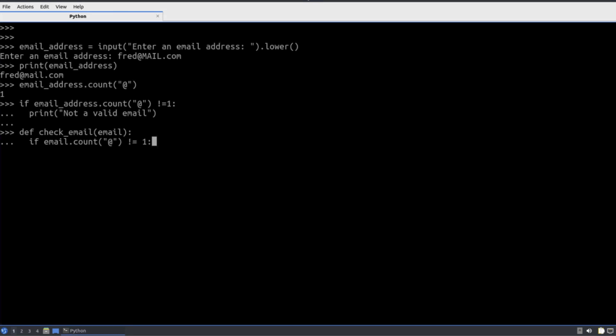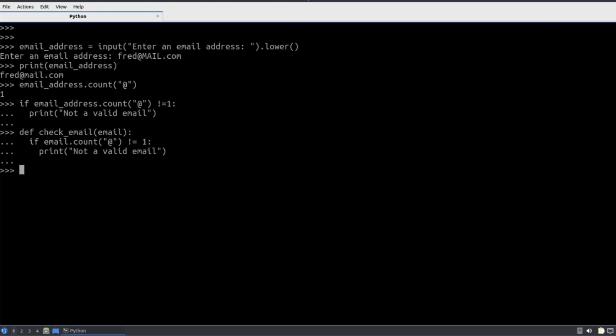So we can go through and put our check in place. But now I have to indent inside of my if statement. So 2 spaces, then another 2 spaces. So 4 spaces in total now to show that this code belongs to the if statement. We can then print out our error message as it is. Obviously, we could do more code than this, but for the moment, let's just keep this simple. And then just hit our enter key twice, and that takes me out of the if statement and out of the function. So that's good now.